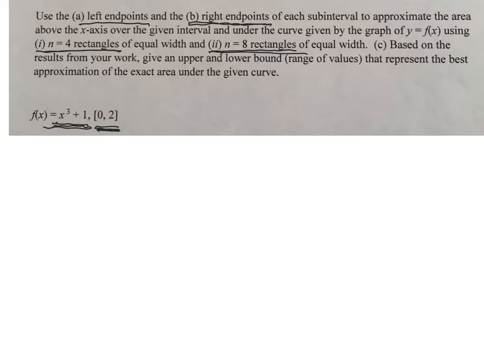Now, these rectangles, we will at least make them equal width. That will make the calculations a lot easier. And then part C, after we get done with all of our work here, we're going to see the results, what this is going to lead us to in finding the exact area under this curve over the given interval. So, first off,